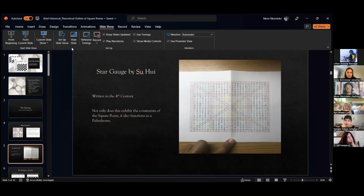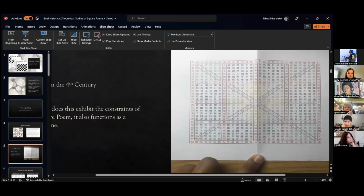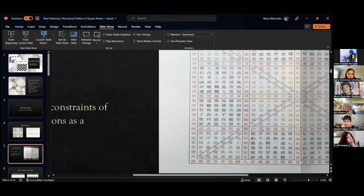a palindrome. So in this piece, let me try and zoom in a little bit so I can see a little bit clearer. This is only a small section, but as we see, these poems can be read vertically, horizontally, but also in reverse. Let me see what the chat's saying. Oh yeah, wow, right. So it's going in all these different directions, and it's still working or creating other